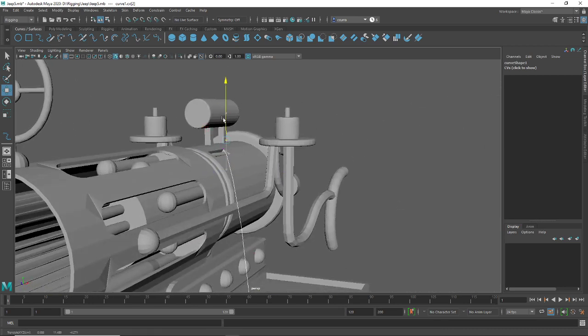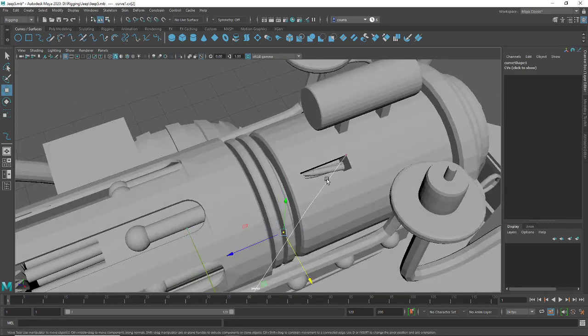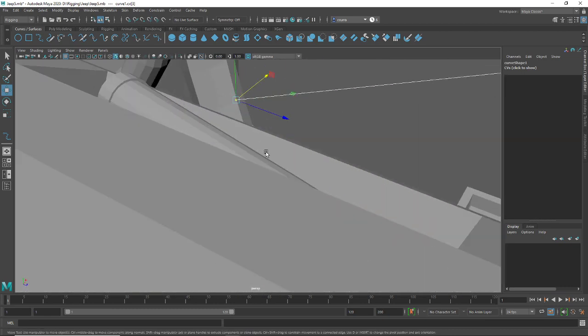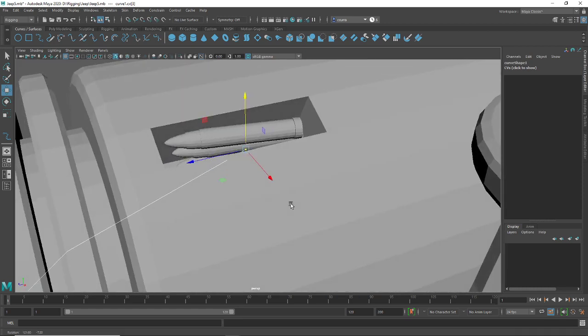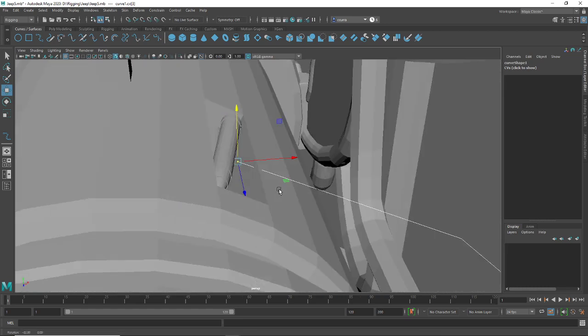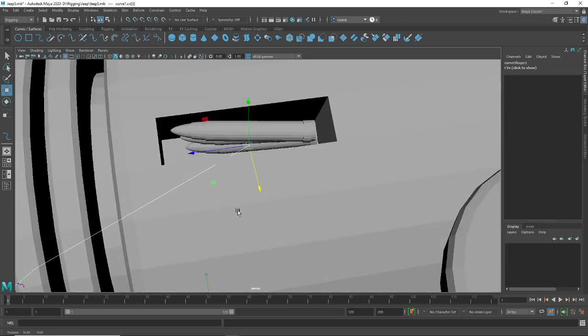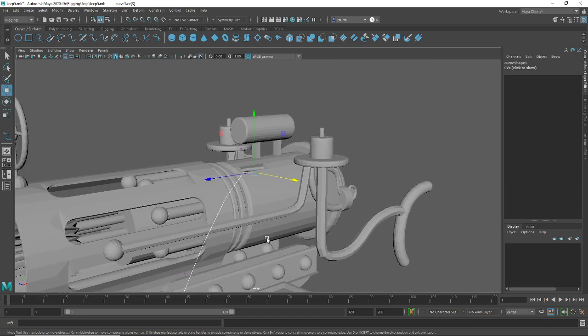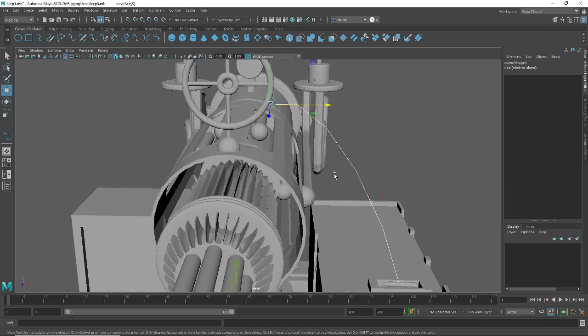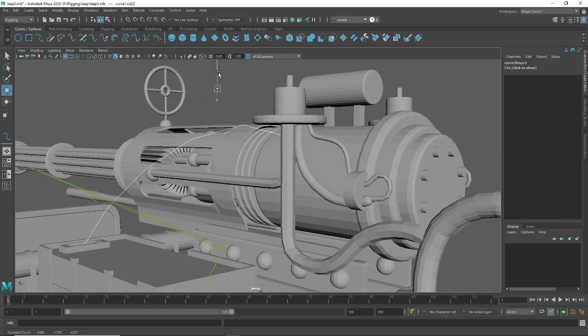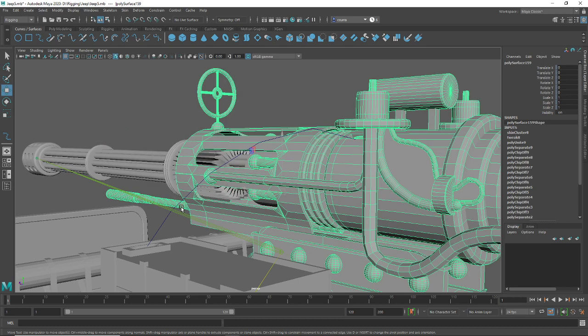So I'm just going to pull this up. Give it a little bit of a natural curve. Come back down in here. Same thing into here. I'm going to pull my curve down into there. Definitely want the bullets looking like they're going down into the chamber. All right, and let's hike this curve up just a little bit more. I know it kind of looks crazy, but